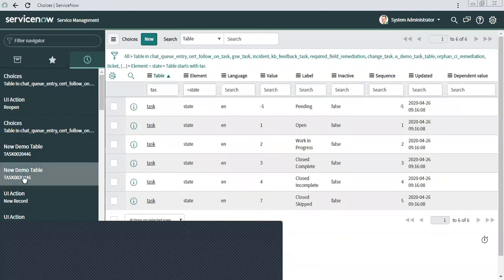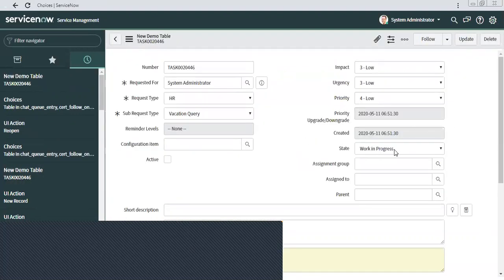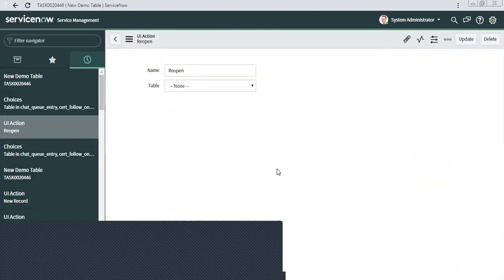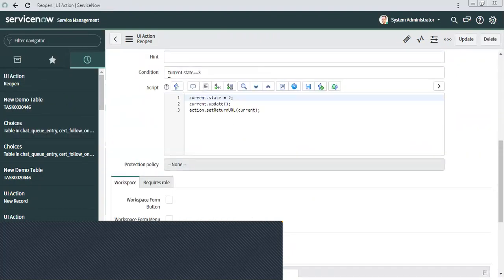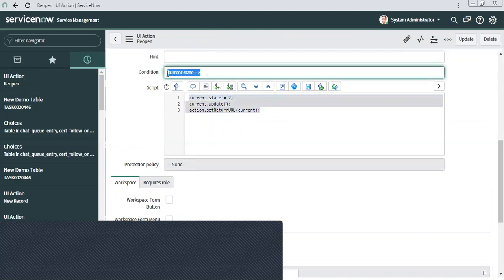Can we write an if condition in the script editor, instead of in the condition field? We can enter that if state equal to 3 in the script editor, but that will only stop the code. This is for visibility.